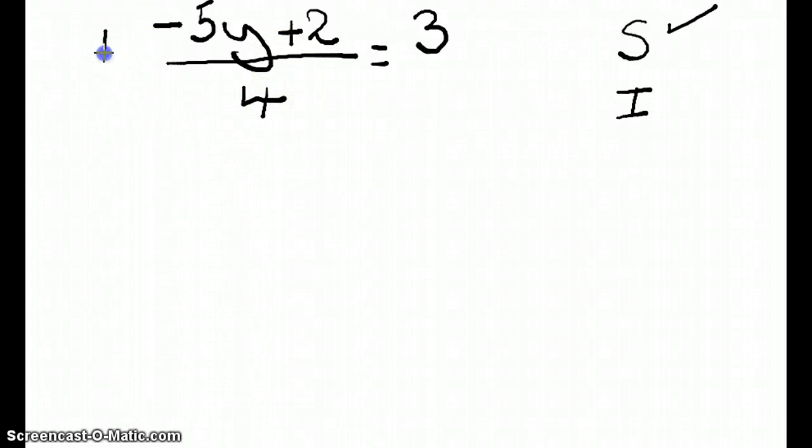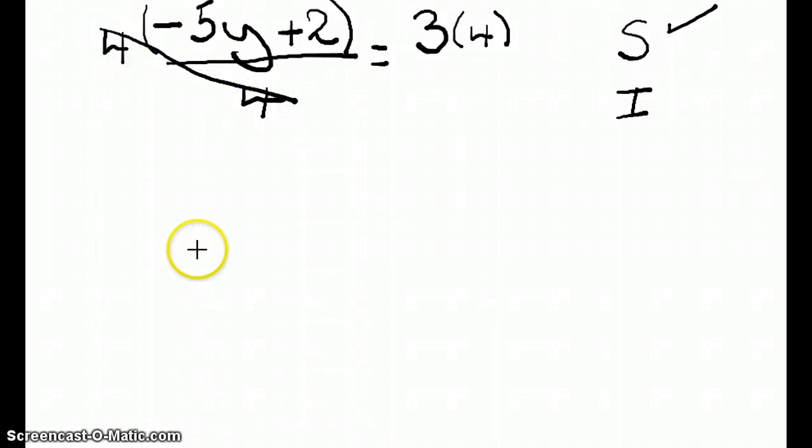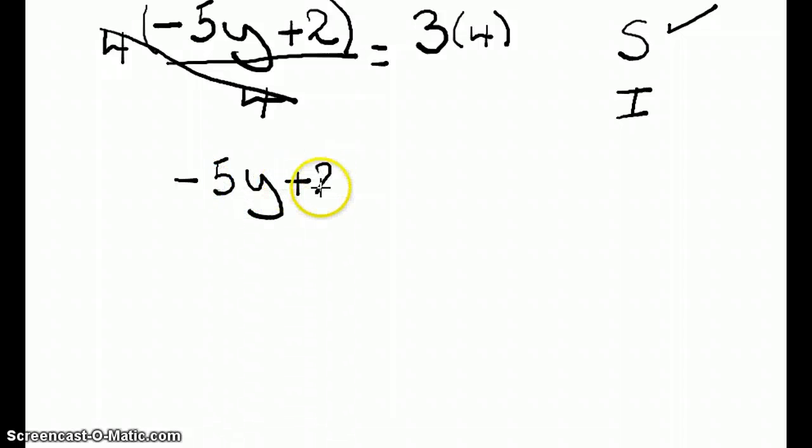Well, if I multiply everything on this side by 4, and I multiply everything on this side by 4, what happens to this 4? It's eliminated. So I had a 4 in the denominator, I multiply by 4, it's multiplying through here, so this is allowed to be cancelled out once, and I'm left with negative 5y plus 2